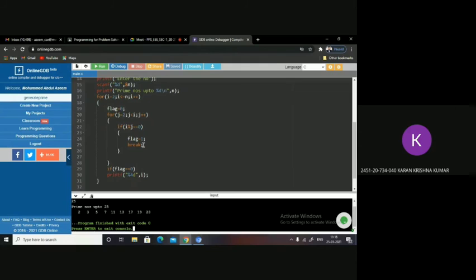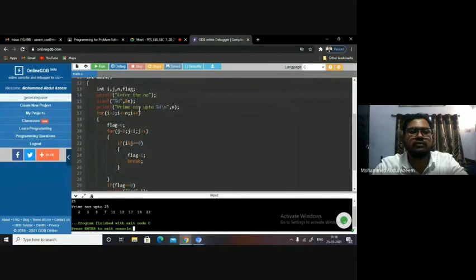Here you can see this for is the outer for and this is the inner for. For every iteration of the outer for, the inner for will be initiated and terminated. So for all such i values, this logic is going to be tested. So it means you can have a for within a for, and inside this for I can have another for also. But the complexity gets increased. When you have more fors within fors, the complexity gets increased. Then sometimes if your processor is not well enough to support it, it may get halted.